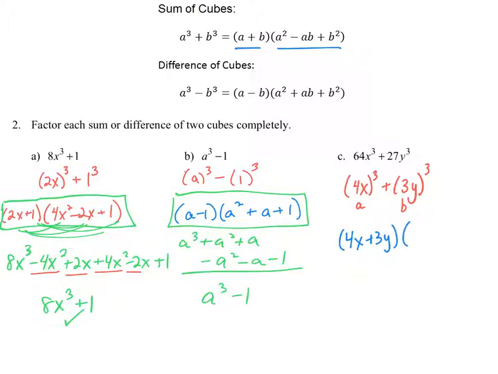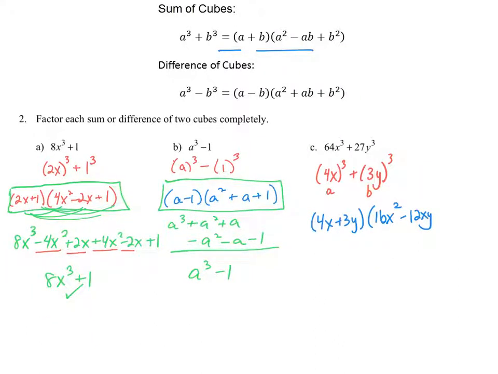We've got to take this 4x and square it to get 16x squared, minus a times b, minus 4x times 3y is minus 12xy, and then the last term in the second factor is b squared, so that's going to be 9y squared. This is our answer in factored form, and we can check this using the distributive property, first distributing